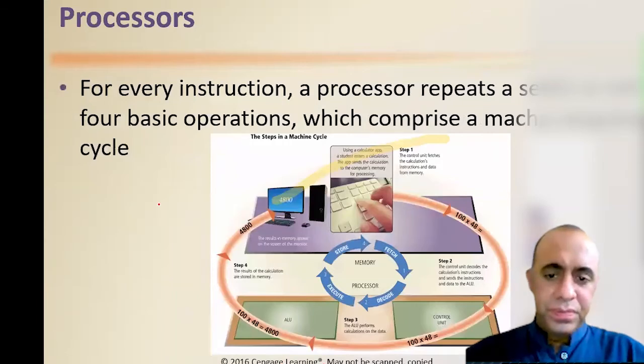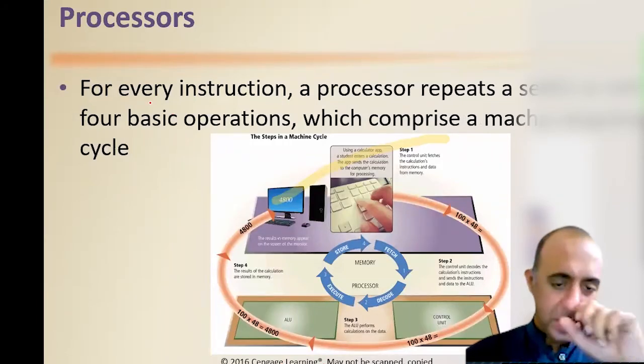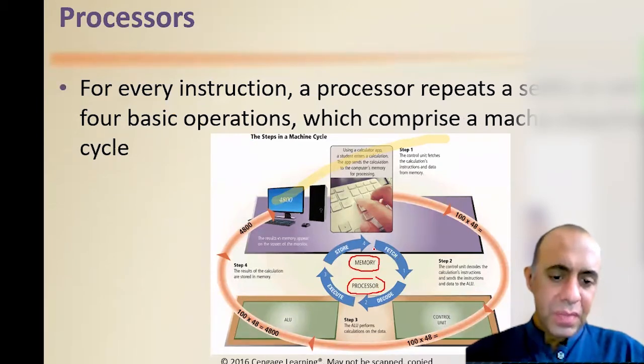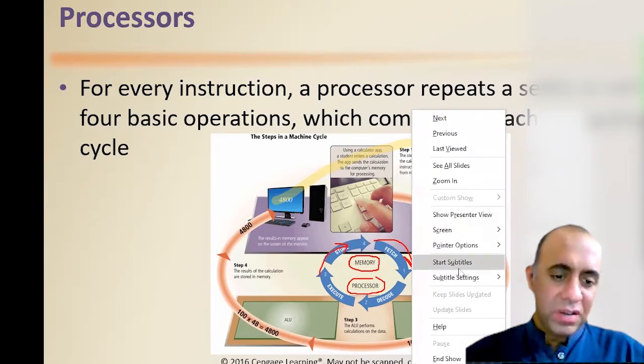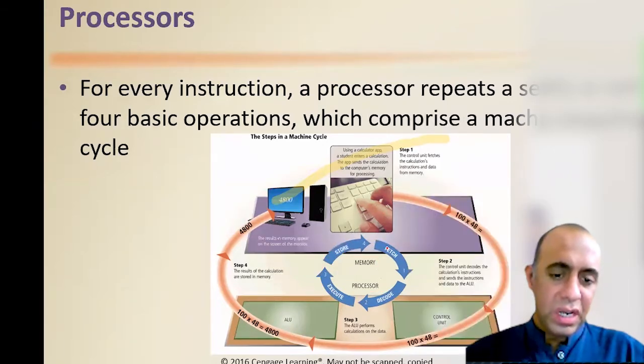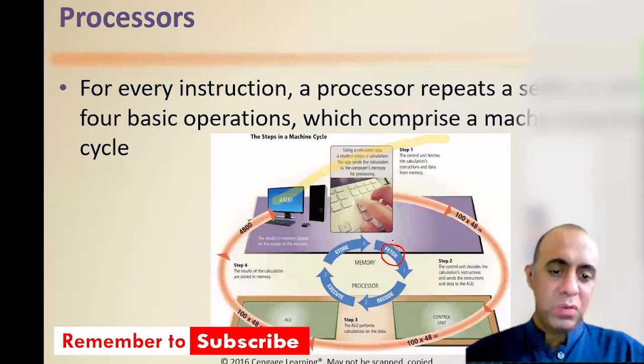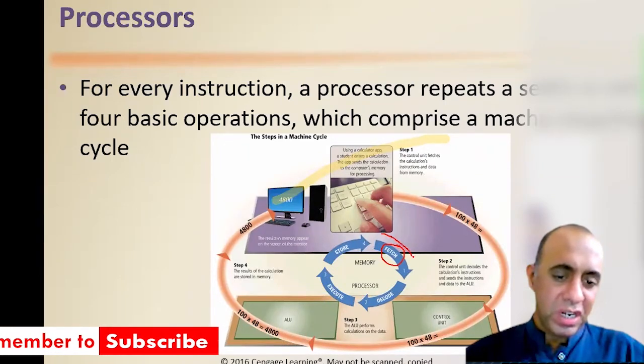Yeah. So this slide shows the inside working of the processor and the memory. So this is your processor, and this is your memory, and all the data and information come from the memory, and all the data and information go back to the memory. When it is coming from the memory and going to the CPU, it is called the fetch cycle. So during the fetch cycle, the data and instructions are coming from the memory and going to the CPU,